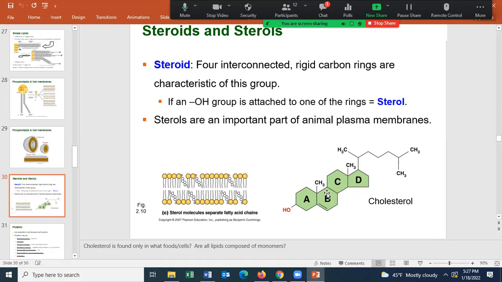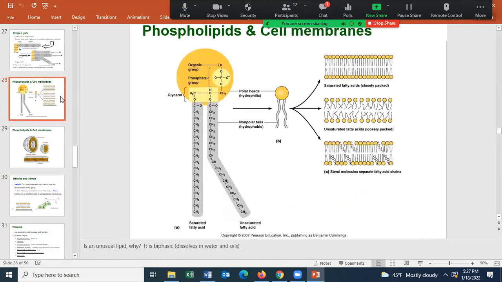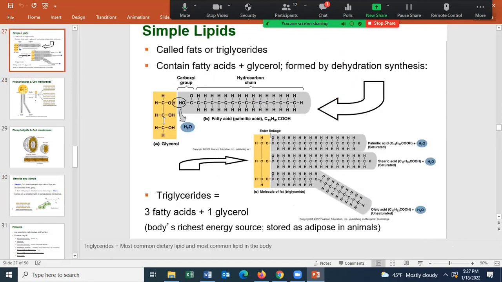Let me remind you that lipids, although some of them are made up of monomers, like the phospholipid has a phosphate group and then the fatty acids, the triglyceride has a glycerol molecule and then three fatty acid groups. So these would be the monomers. And then this would not really be a polymer, because three or four isn't really a polymer, but it's a